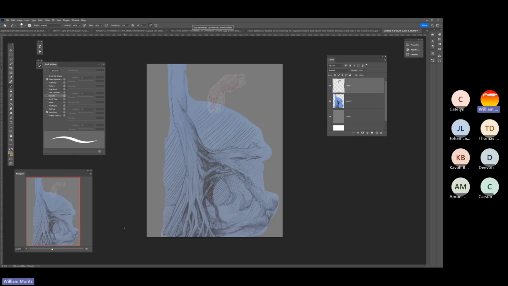Transfer can also be really useful as well, but we're going to leave that one off for now. That causes your brush, when you're holding it very lightly on the screen, to create a more transparent line, and then the harder you press down, you create a more opaque line. It's good for rendering, but for the sketch,